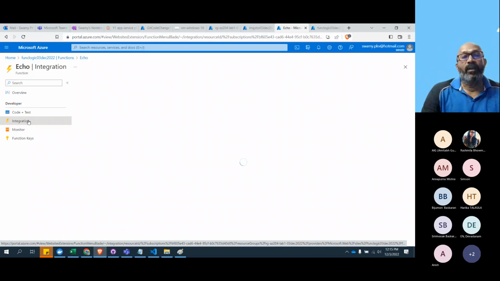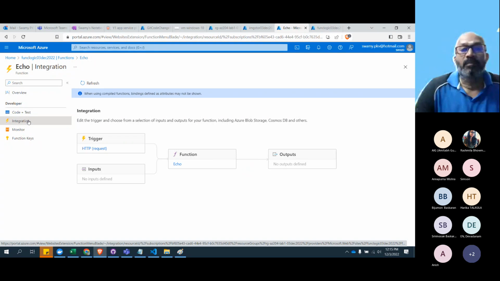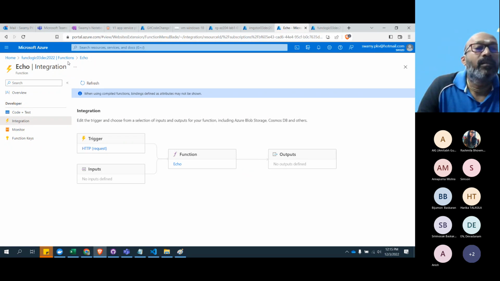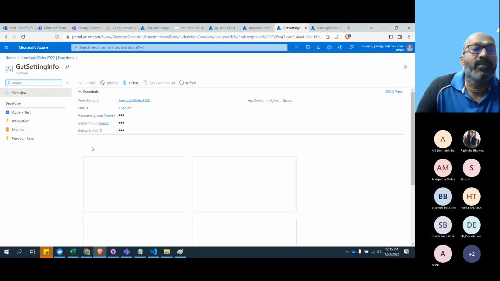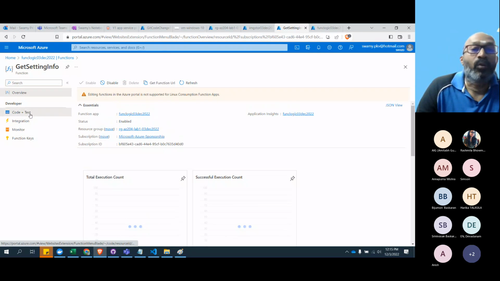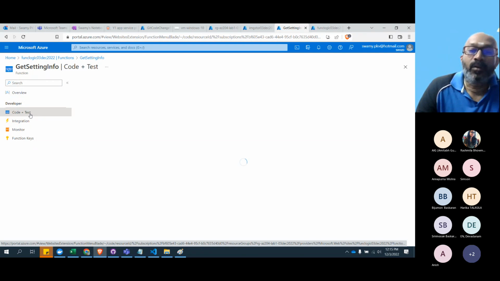And this is what I was talking about, the integration piece. Now, we did integration for get settings, isn't it? We'll see this. Let's go to that. And we'll go to this get settings. And anyway, we know that we can code and test from here. We'll see that.